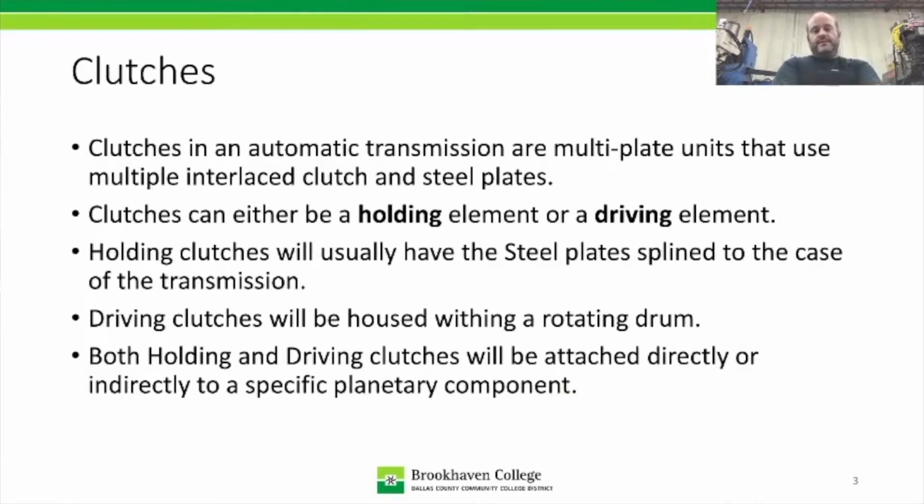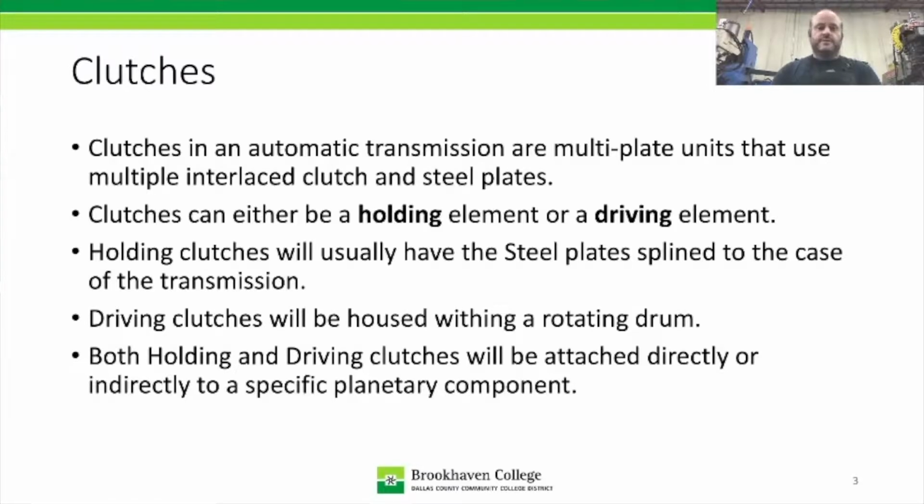So the first thing we have is our clutches, and this is going to be our multi-plate clutches. Clutches in automatic transmissions are multi-plate units that use multiple interlaced clutch and steel plates. And this is going to be 95% of the time where you're going to have independent clutches and steel plates. The clutches can either be a holding or a driving element. Holding clutches will usually have the steel plates splined to the case of the transmission. So there won't be any discrete drum in most cases, but the housing of the transmission will actually have splines for the clutches to lock into,